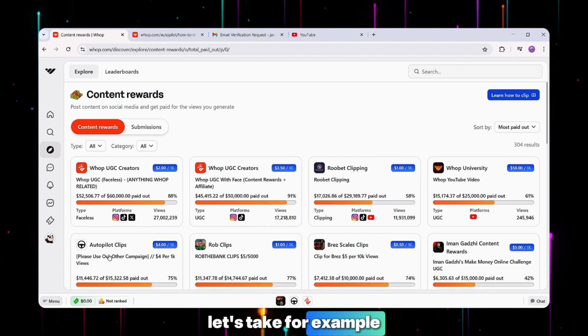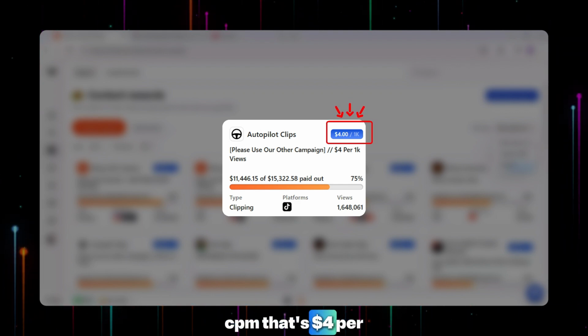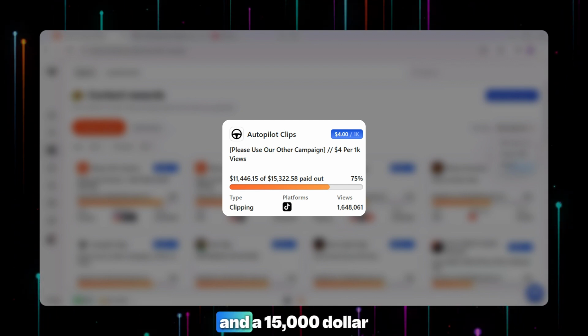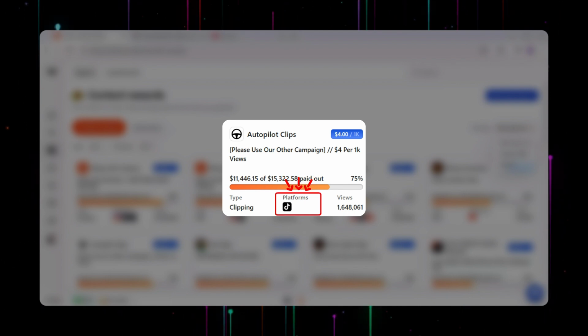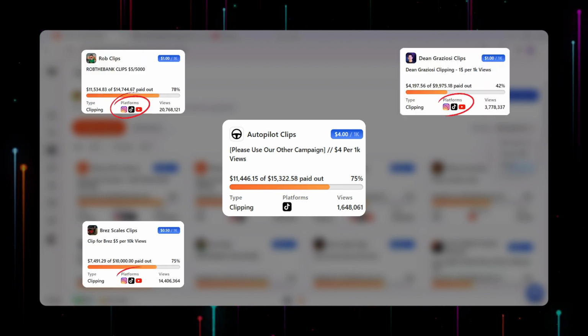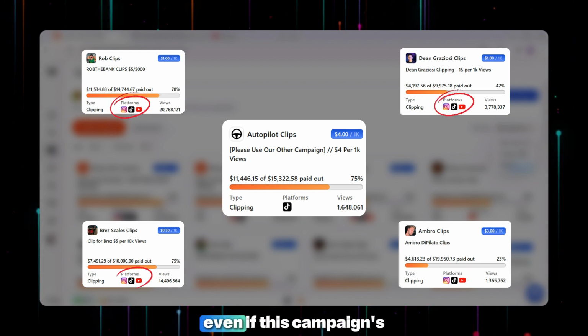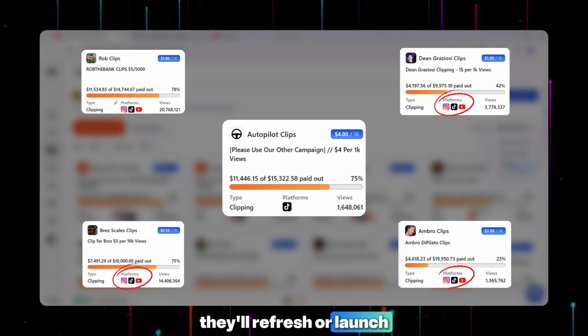Let's take, for example, Autopilot Clips. It shows a $4 CPM, that's $4 per 1,000 views, and a $15,000 budget. It's a clipping campaign on TikTok. This Whop only accepts TikTok, but the majority of them accept TikTok, Instagram, and also YouTube. Even if this campaign's budget runs low, do not be afraid, they'll refresh or launch new ones, so keep an